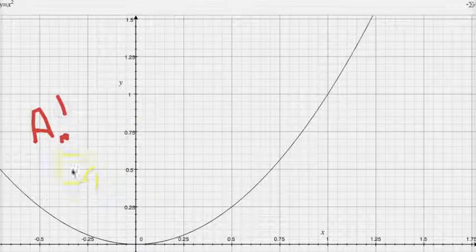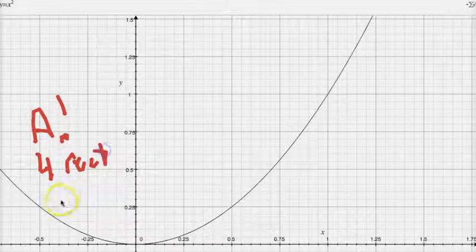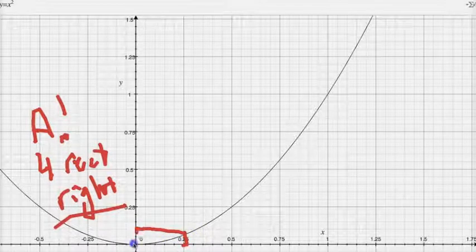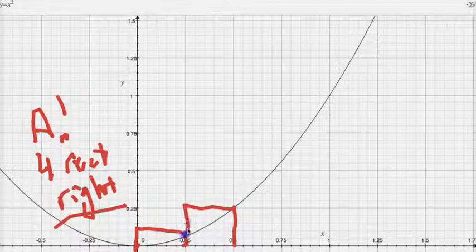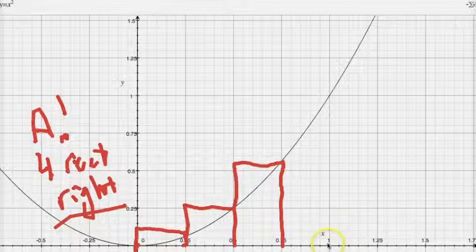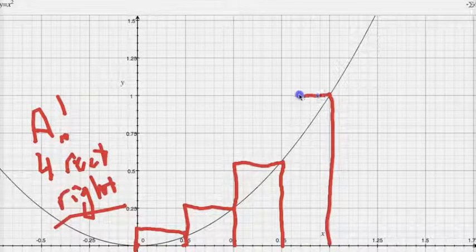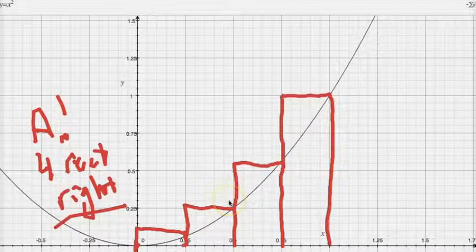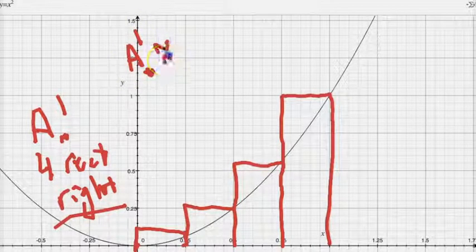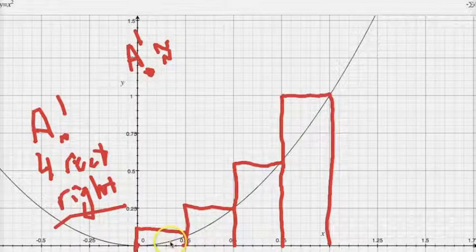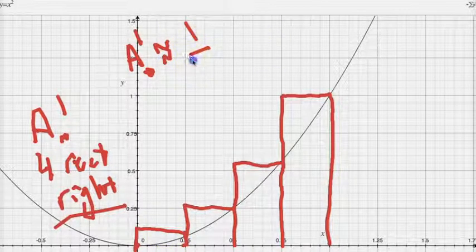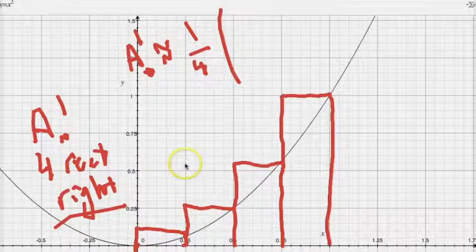So, same deal, 0 to 1, we're going to use 4 rectangles, but this is going to be right. So, we draw the rectangles like this. The second one, third, and final. So again, look at this, we're overestimating now. And so the height here is f of a quarter, and the base length here is still a quarter. Actually, I'm just going to automatically factor that out now that you kind of see how this works. And so that is a quarter right there, that height,